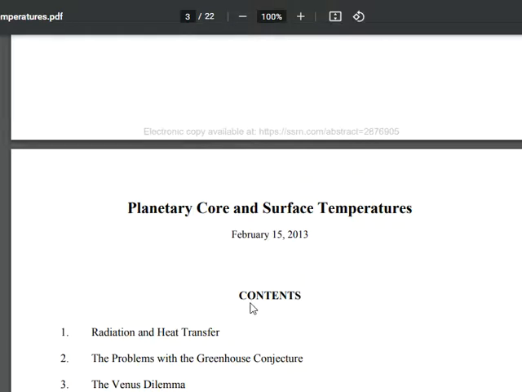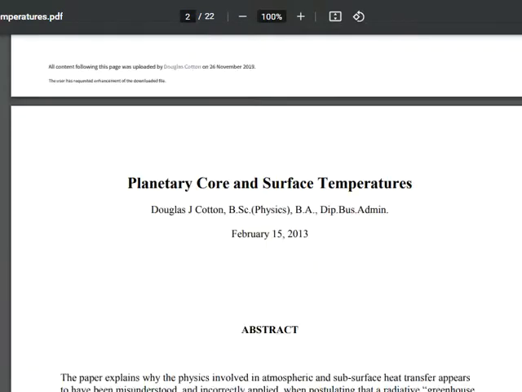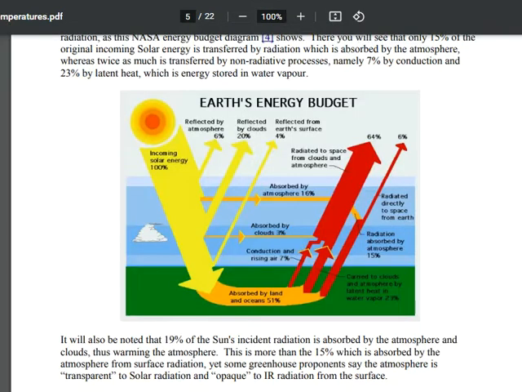I am continuing my exploration of planetary core and surface temperatures by Douglas J. Cotton, published in SSRN Electronic Journal in 2013. In my last video, I finished up by looking at this diagram and noticing how 55% of the radiation from the sun, the visible light radiation, reaches the ground in this diagram, and then from the ground,